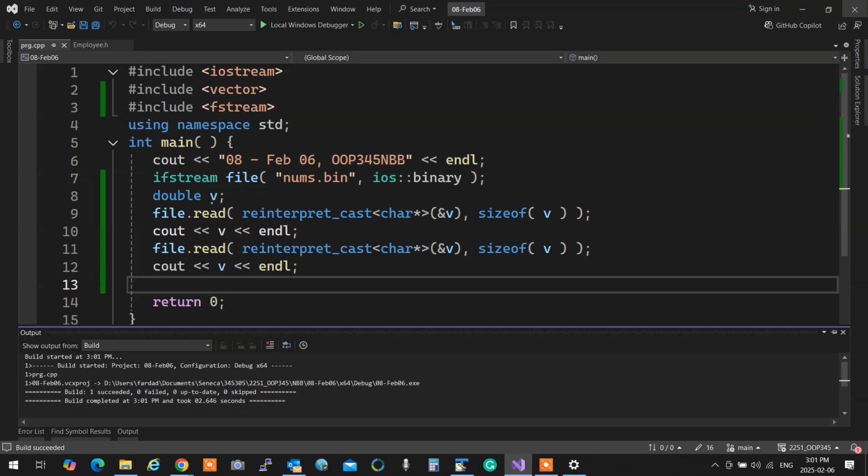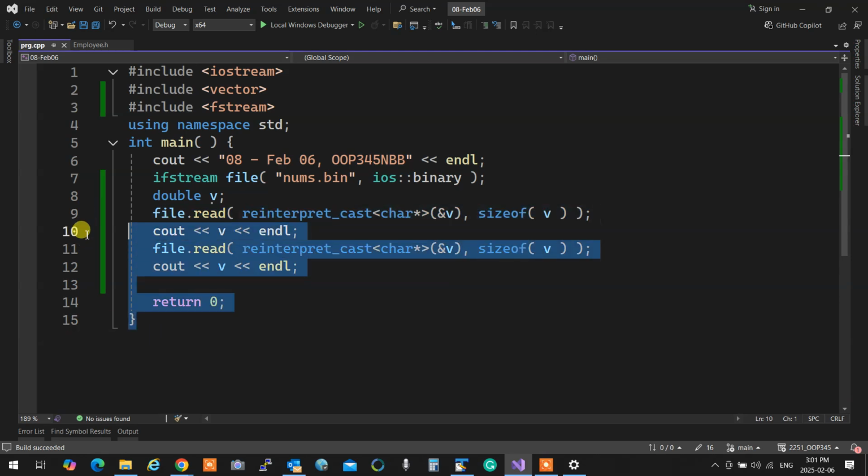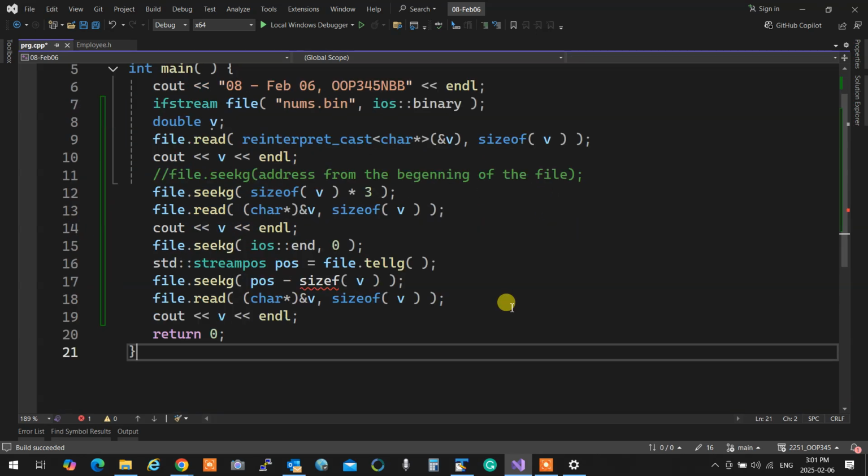Not only that, there are facilities that allow me to go wherever I want in the file, called seek. I can say, hey, file, seek g. Now, what the heck is that g over there? Because istream and ostream are both inherited from iostream, and then they are multiple inherited back to fstream.